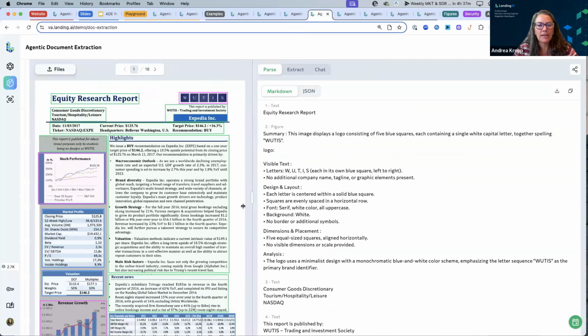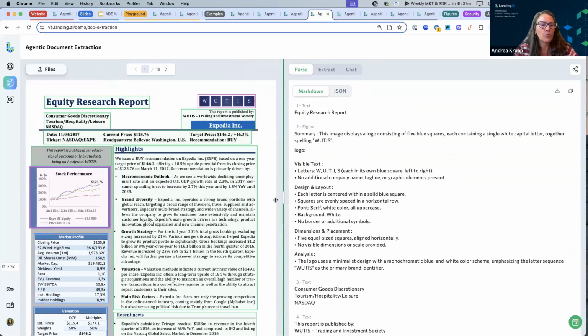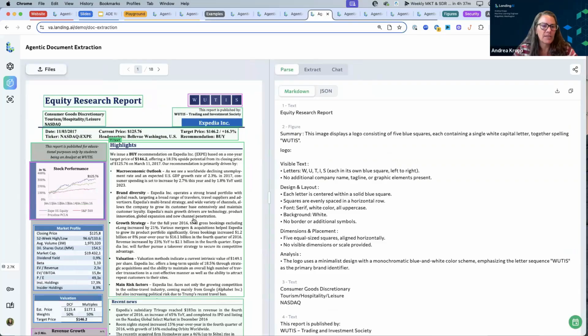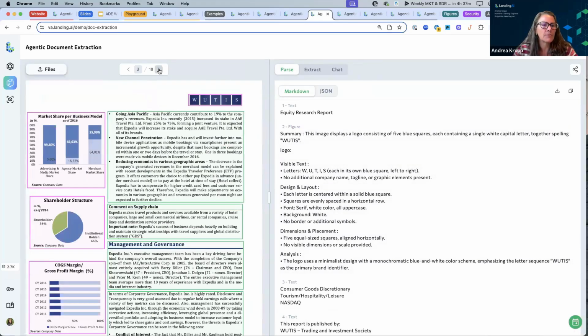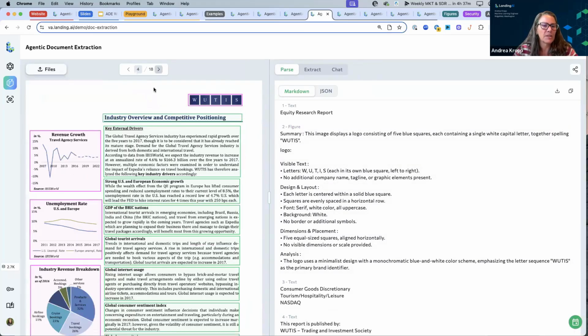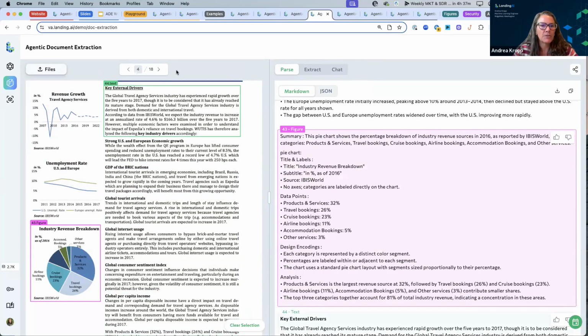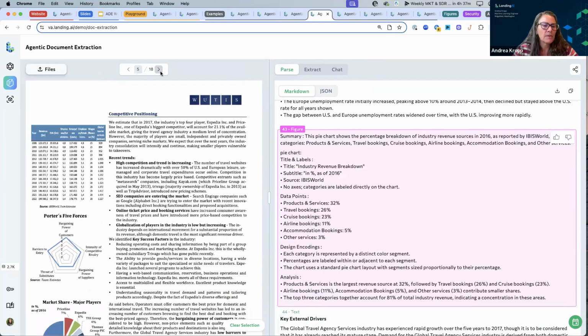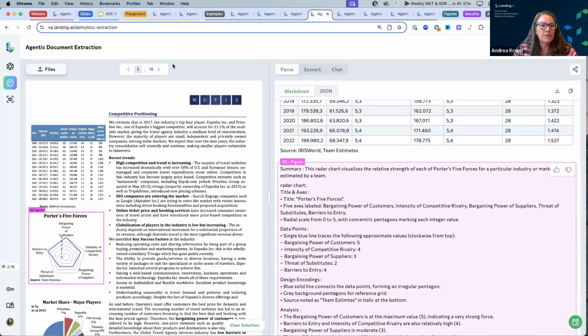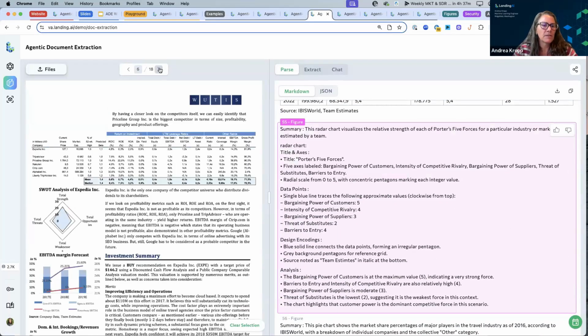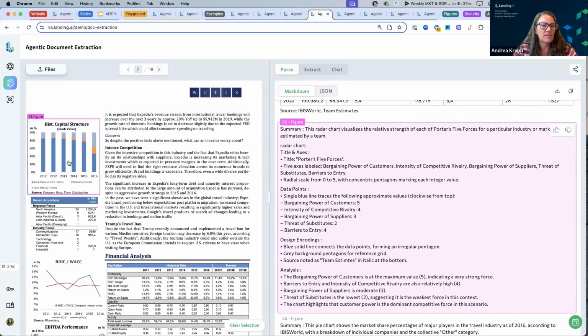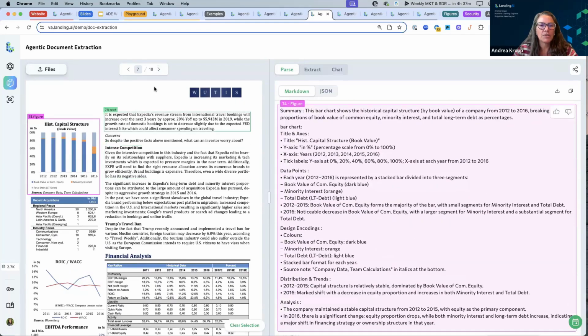This is an example I like to share because it has so many different chart types. So far we've been focusing a lot on text and tables. This document, as we click through it, has a ridiculous number of different chart types. So of course we have extractions from pie charts. We've got some interesting spider charts. What else is in here? Of course, your standard bar chart,